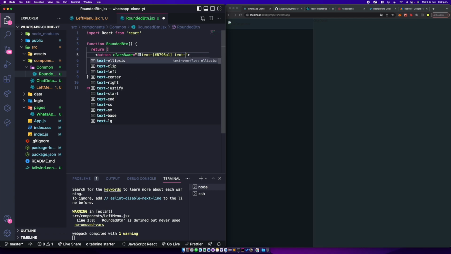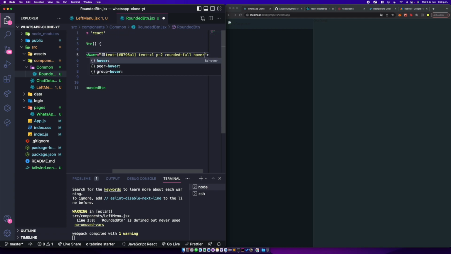We're going to have a text XL, P2, rounded full. We're going to have a hover effect, and we're gonna target the background on that hover, and the background is gonna be 3C454C, and